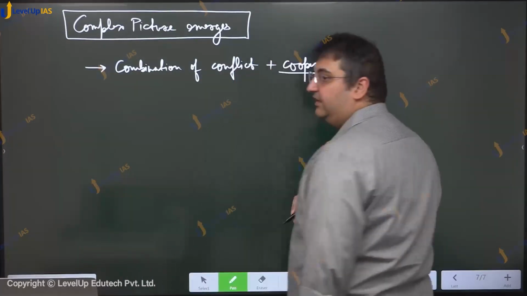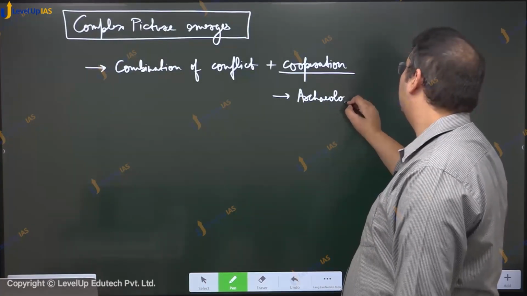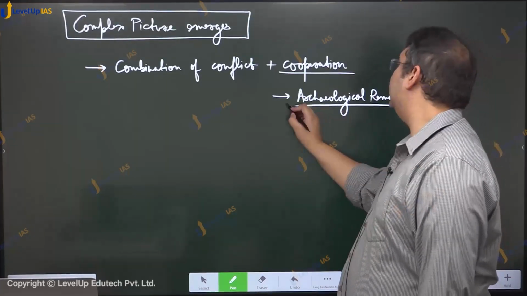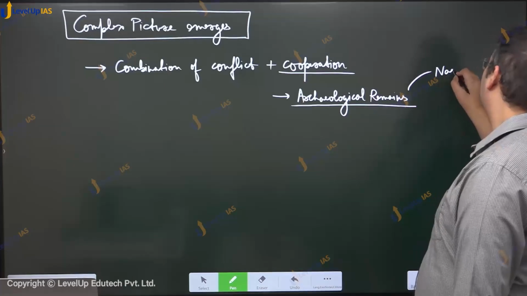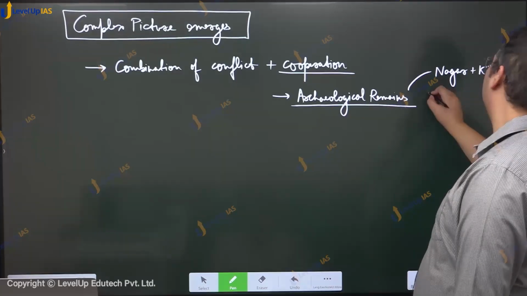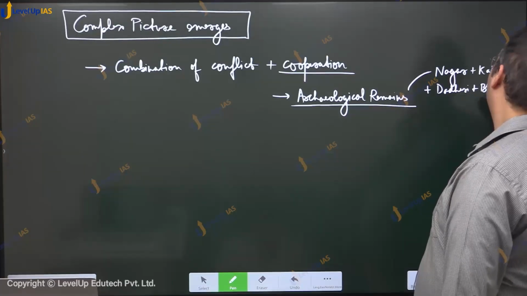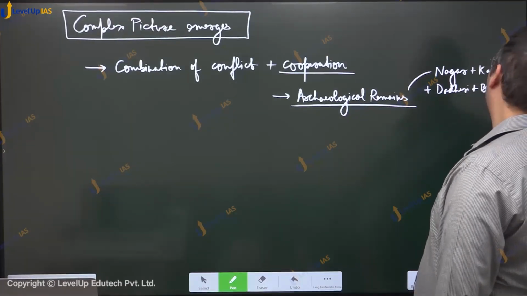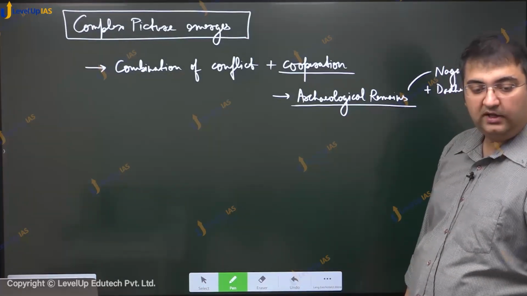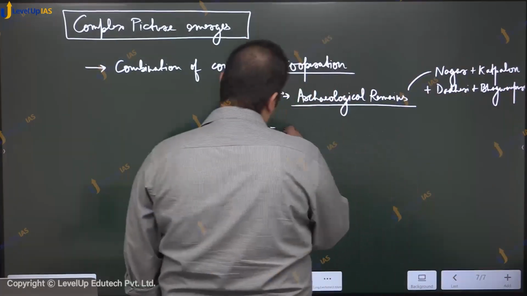ये कोऑपरेशन हमें कहां पे दिखता है? In the archaeological remains at the PGW sites of Nagar, Katpalon, Dadheri, and Bhagwanpura. What do we find? The simultaneous settlement of this site by people of both Aryan as well as Chalcolithic origin. Okay? Then, in the